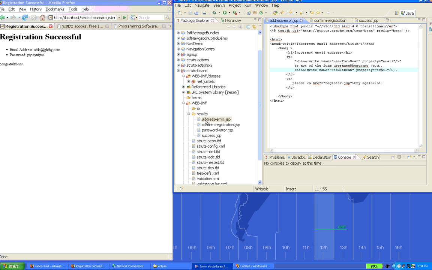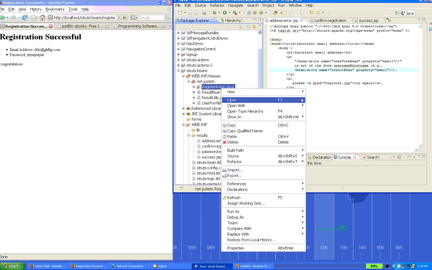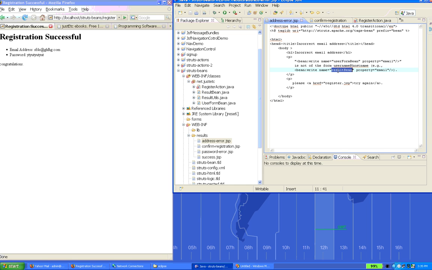So from here we know that in the action, when there is an error, we are creating a bean with the example email and password, and we are setting the bean into the result bean as part of the request, and from the output we are making use of it to suggest. So this is all,